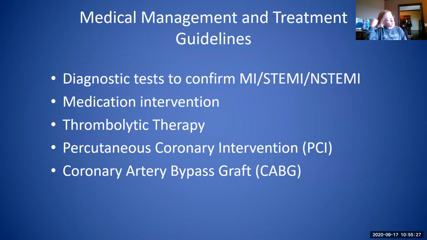Medication intervention, we talked a lot about that stuff, but specifically for our MIs, when they're first coming in, MONA. If you haven't heard of the MONA before, it's morphine, oxygen, nitro, and aspirin. We already talked about the aspirin and nitro. Our oxygen, though, we used to just put oxygen on everybody because, oh, it's an MI, it's an oxygen problem. The heart's not getting the oxygen that it needs. Yeah, that part of the heart isn't, but they could potentially still have an O2 sat of 98% on room air. If they've got a good O2 sat, you don't need to supplement them with additional oxygen,